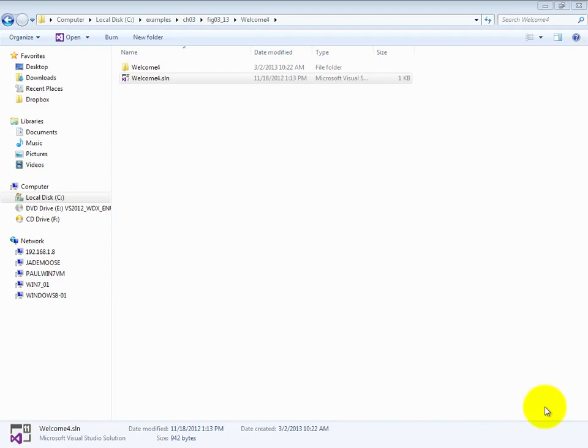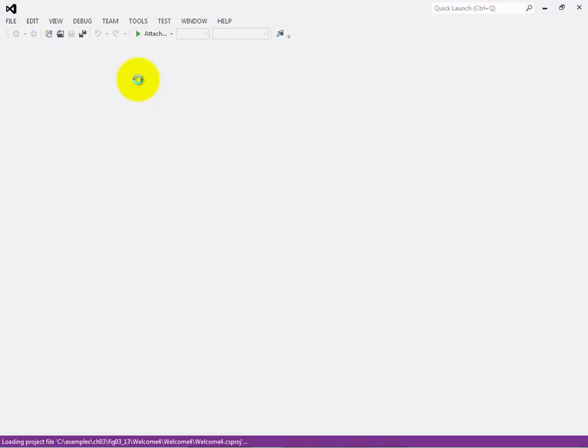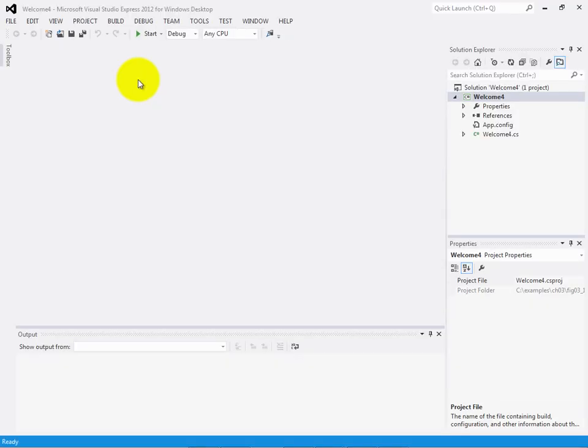So far, each of the first three simple apps that we've taken a look at has displayed the contents of a string literal or a couple of string literals. Now what we're going to do is show you a little bit of formatted output. So I'm going to go ahead and load up the Welcome 4 app, and this is from the Figure 3.13